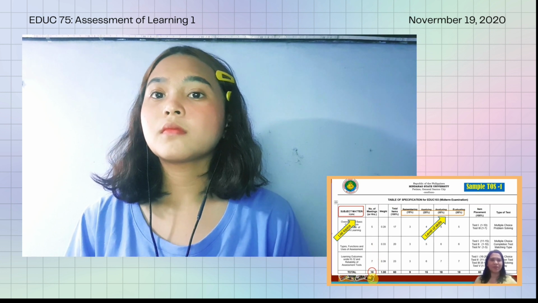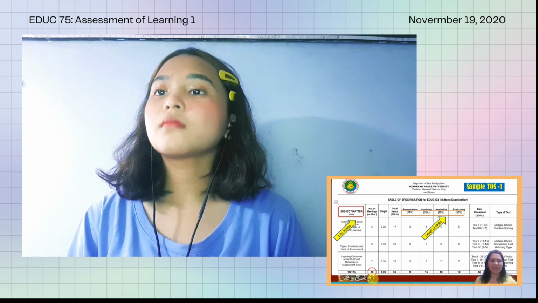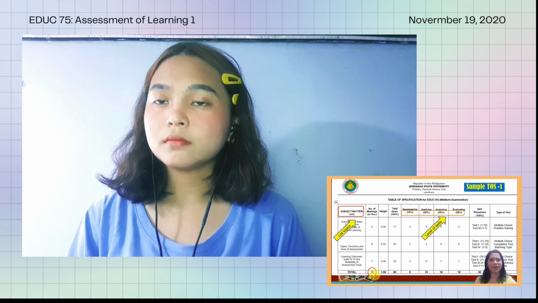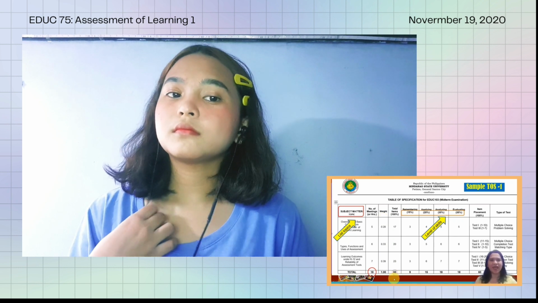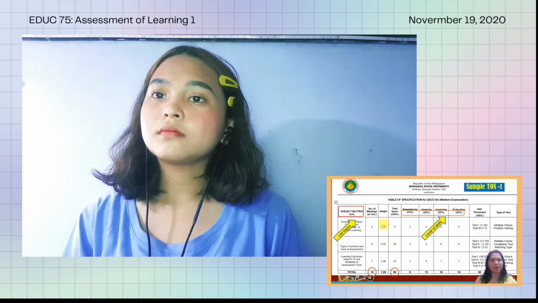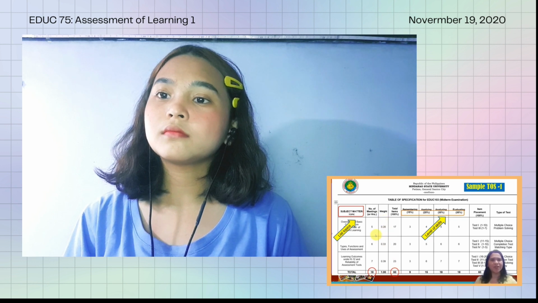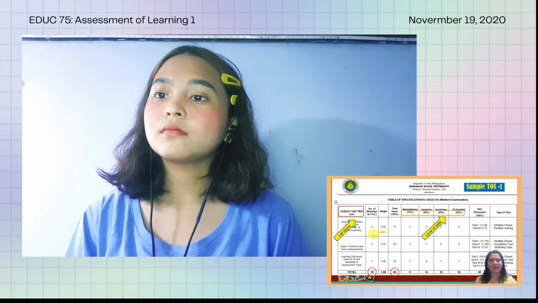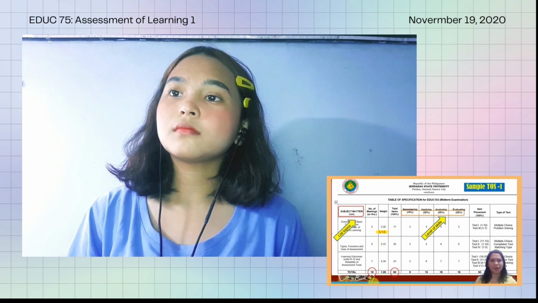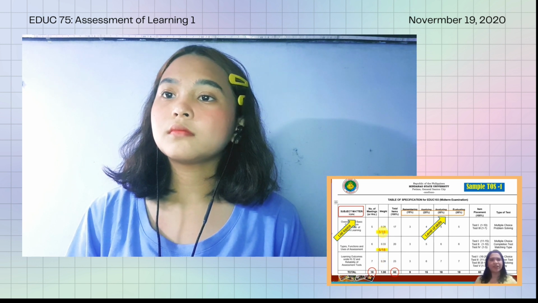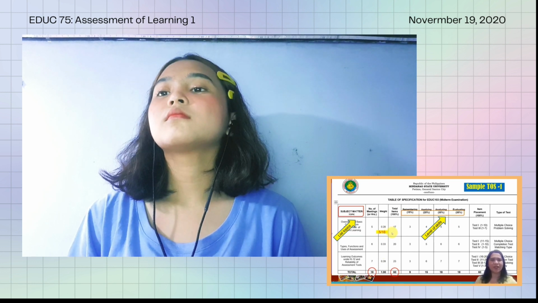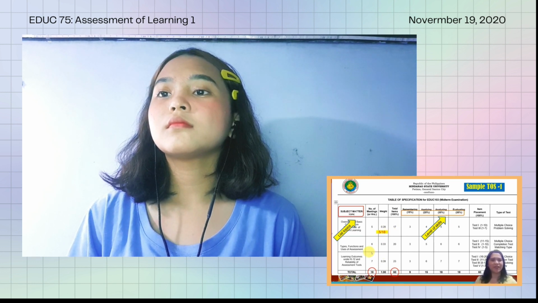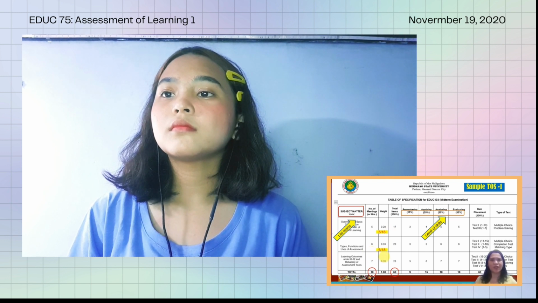Fourth, we determine the percent allocation of the test item for each topic covered or its weight. In this example, if you decide to make a 60 items test, we compute the weight by dividing 5, which is the number of hours, by 18, the total number of hours. Hence, we have 0.28. Same process is done with the next topic. So, we divide 6 by 18, which is now equals to 0.33.